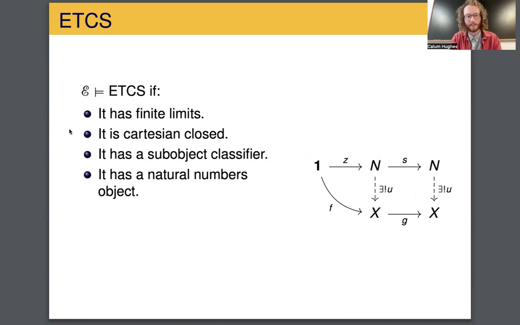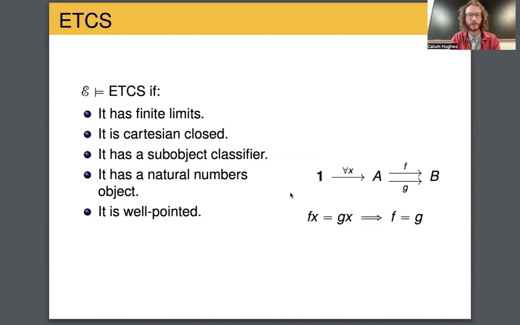And so these four axioms define what is known as an arithmetic universe. And this is an elementary topos with a kind of axiom of infinity, like in ZFC. And the point is that you can kind of develop Peano arithmetic in here. But we're still not done. We need a couple more things.